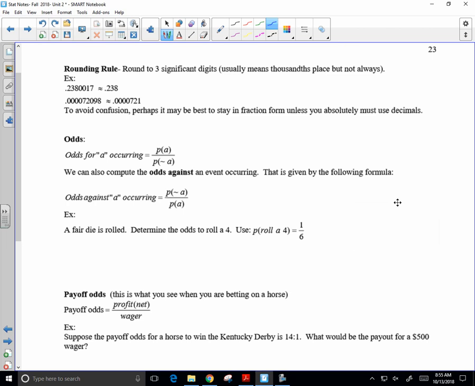If you fail to round properly, you tend to lose some accuracy in any kind of prediction and outcomes. We talked about this a little bit when we talked about regression and correlation, and I think I got the point across: if you're off by even the slightest margin, in some situations it might not be a big deal. For example, if I'm grading tests and I'm off on your score, let's say you got an 89.01 and I accidentally put an 89.02. I don't round like that, by the way. But if that were the case, that's not really a big deal. You're not going to lose too much sleep over that